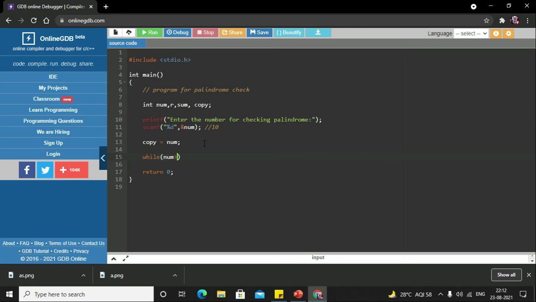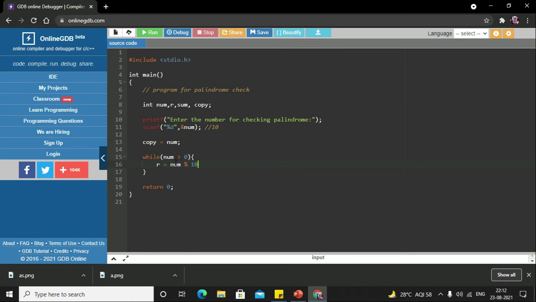What will be the condition? Num is greater than or equal to 0. Okay, num is greater than, what was it? Num is greater than 0. Now if I run this program, num should be greater than 0. Yeah, that is correct. The condition is correct. So first of all, we have to find the modulus of this. We have to find the remainder, so the remainder will be stored in the r variable. This program I have covered in detail in the previous slide only, so you should not face any difficulty in that. So what I'm going to do is num modulus 10.